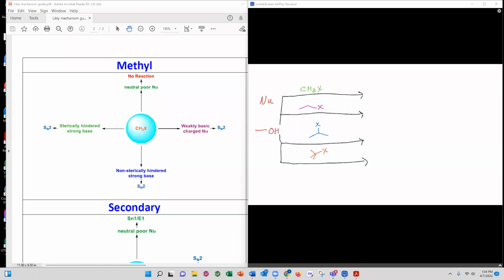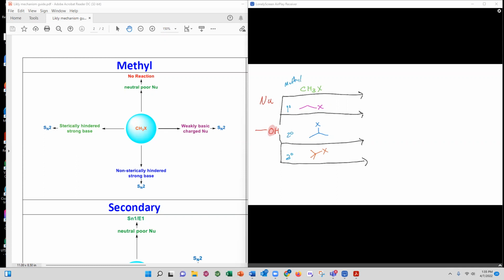Okay, guys, we're going to go through and discuss the types of substitutions we're going to expect based on the nucleophile, and then based on the different types of substrates we're going to be looking at. So the alkyl halides: we have methyl, primary, secondary, and tertiary substrates. This is a way for you to look at both the nucleophile and the substrate system to decide if there's even going to be a reaction,